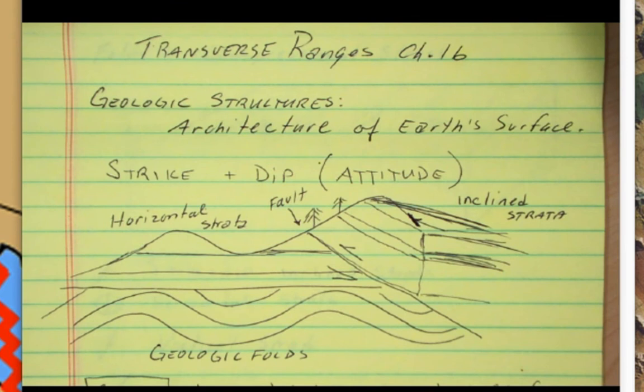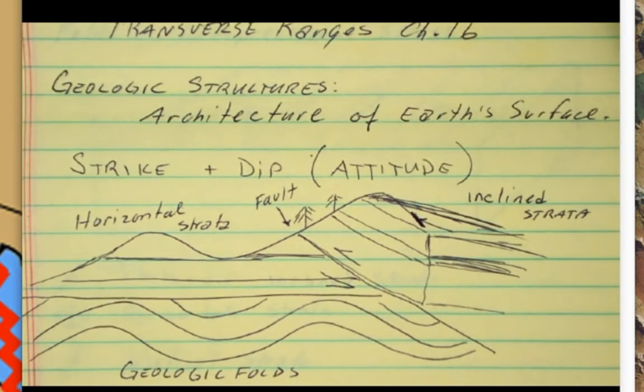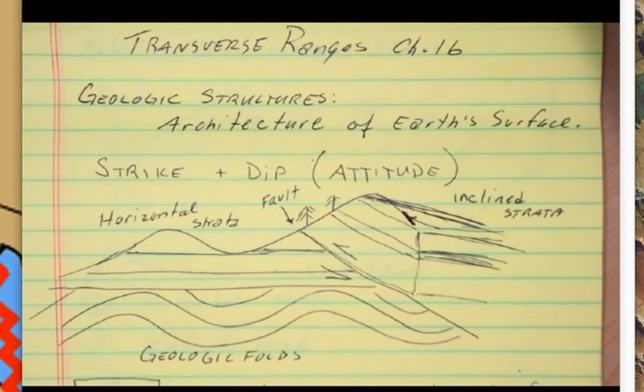A geologic structure is really the architecture of Earth's surface. We're going to try to document the folding, the faulting, and how these structures intersect the land surface. And often we're putting these structures on maps, which are two-dimensional. So we're trying to show the third dimension with symbols in terms of geologic contacts. And really the more important